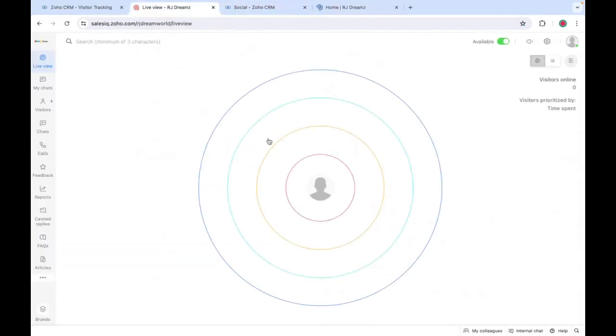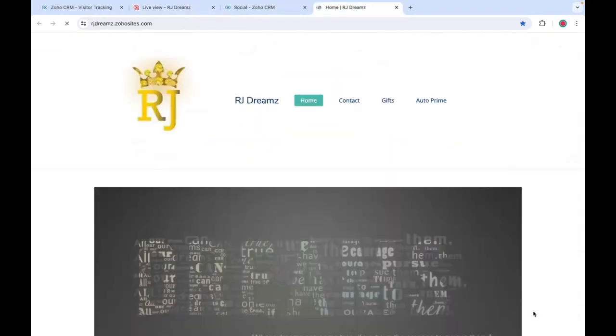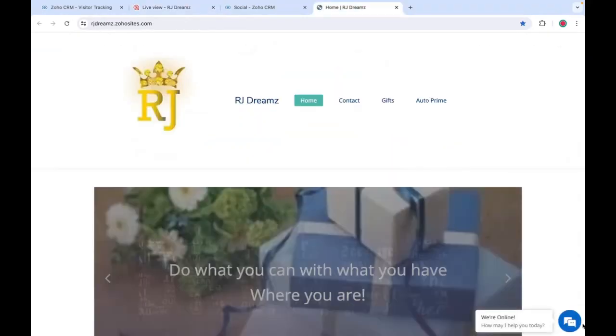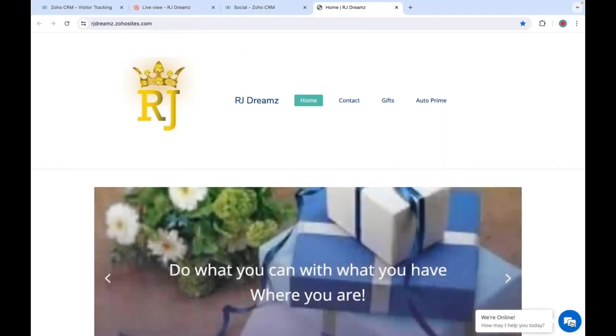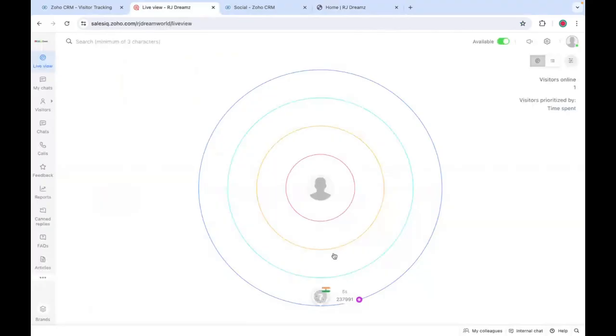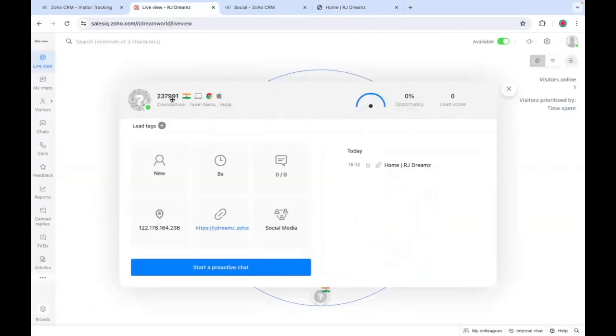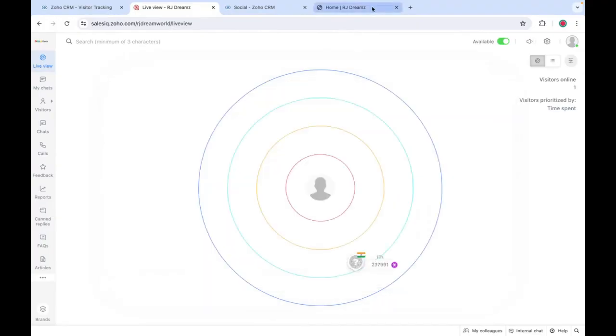So you'll get a chat option, and right there you'll find the visitor. This also mentions where you're from, the IP address, the page you are in, whether it's a social media visit or a direct visit or a referral visit, all that in place. And now when you initiate a chat,